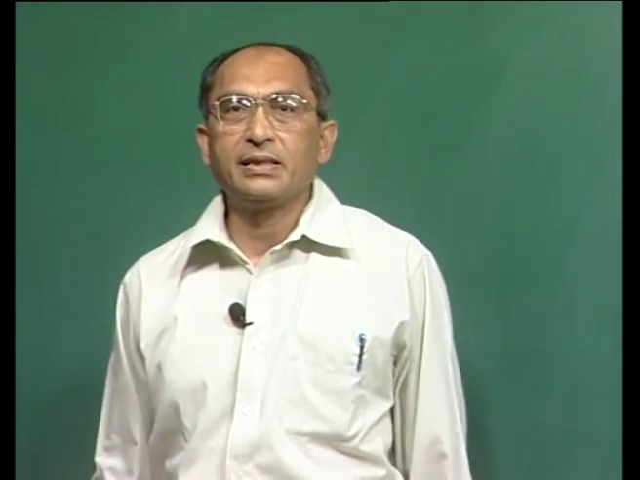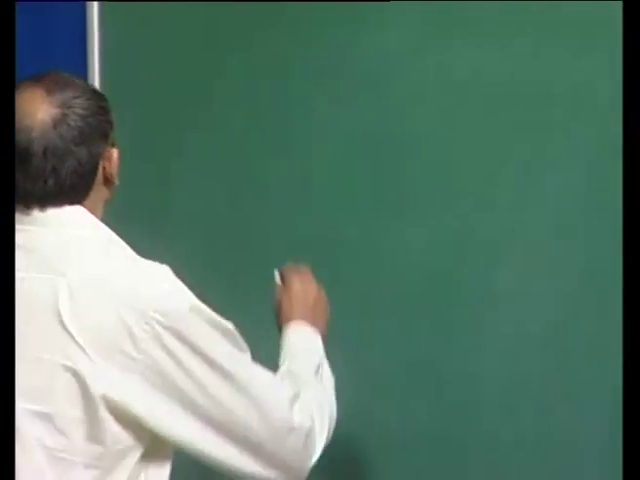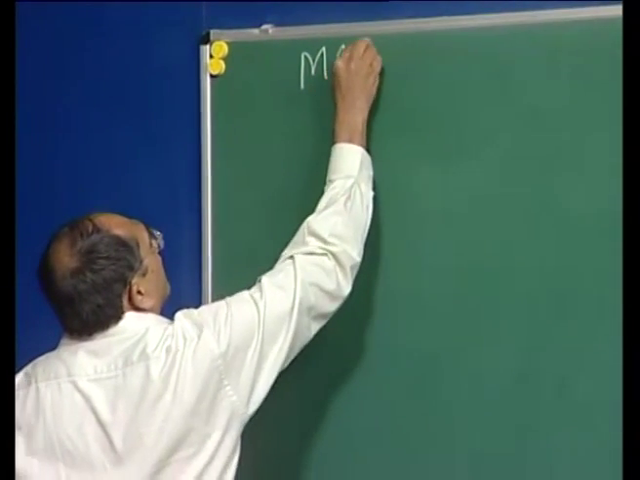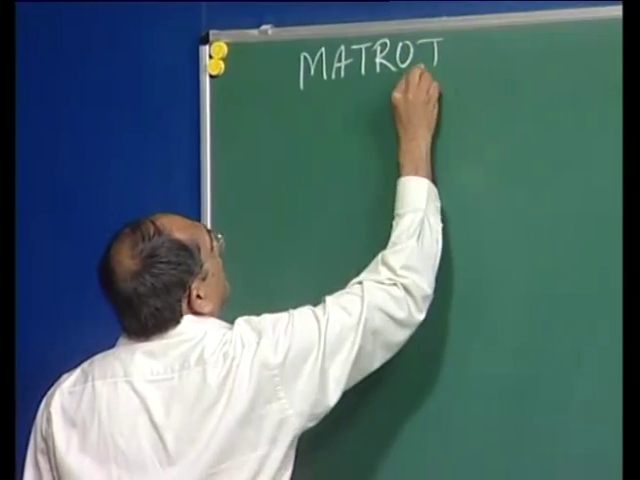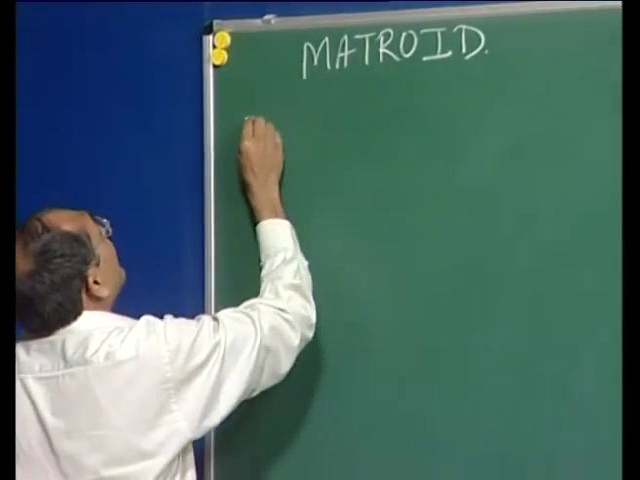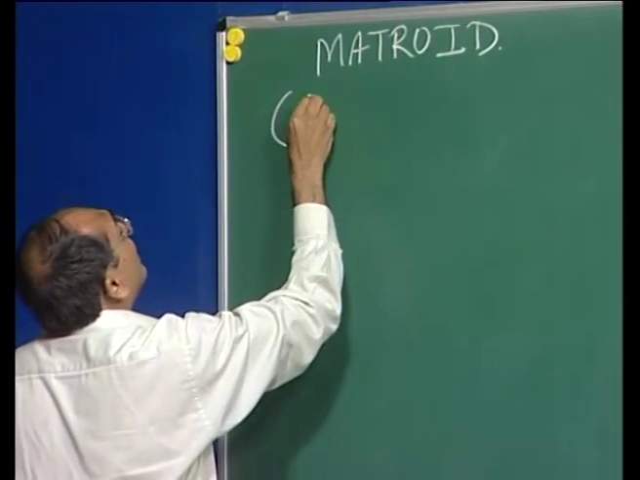Today we will discuss a structure called matroid, and we will discuss an algorithm related to it. Matroids provide an abstraction for many problems in graph theory and in some other domains. A matroid is a tuple